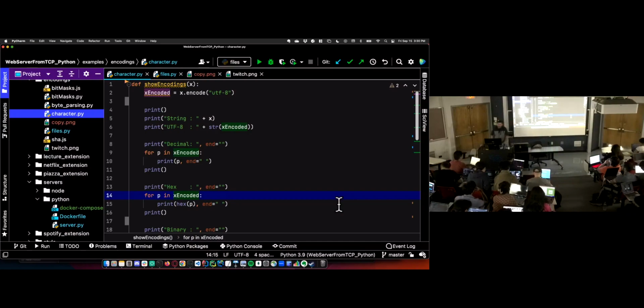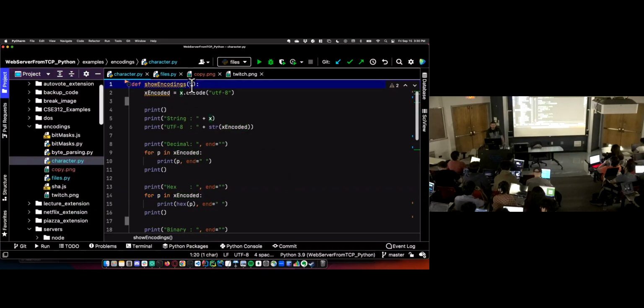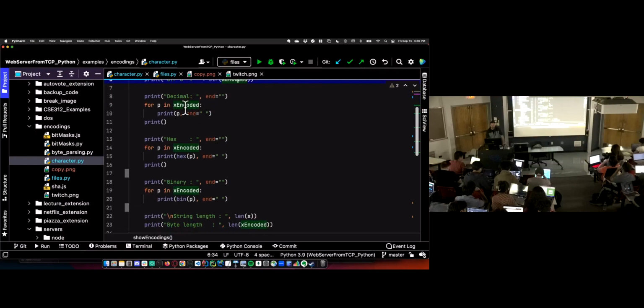All right, let's get to the next example. I have some code here that's going to take in a string. It's going to encode it using UTF-8, so I'm going to convert that to bytes. I'm going to print it out as a string. So the input as a string, I'm going to print it out encoded. And then I'm going to print it out in a few more ways as decimal,